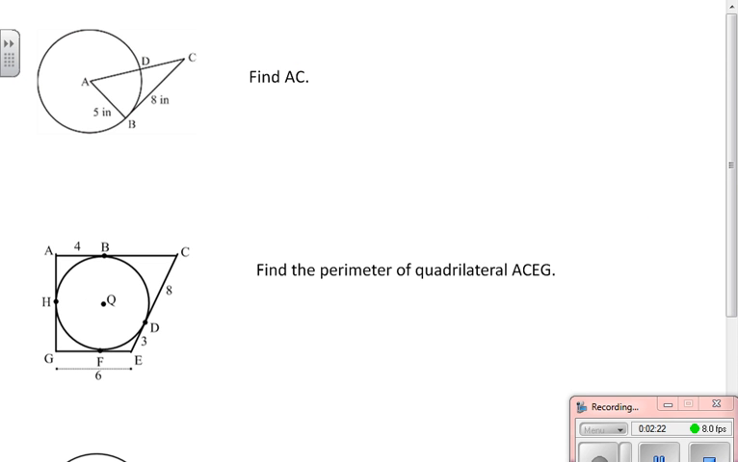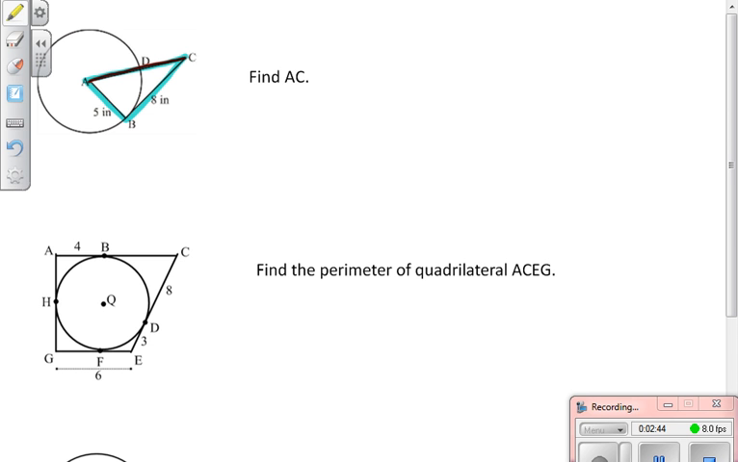So if we put this into practice and look at some examples, our first one is here. And it says find AC. AC is this whole length. Now AD is clearly 5 because that's also a radius. But I want the whole length. So what I want to see is the fact that this